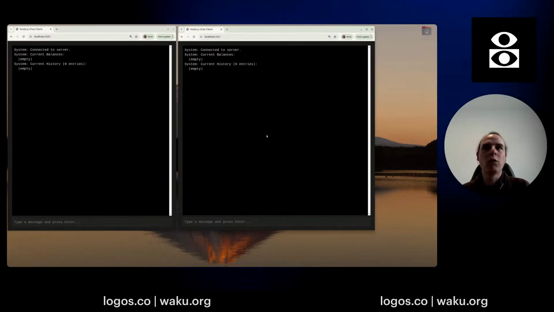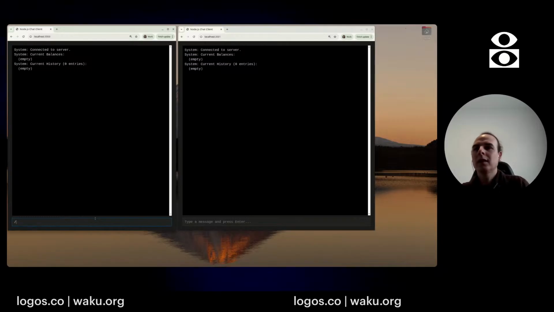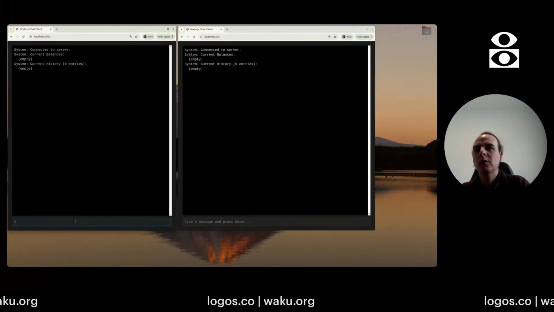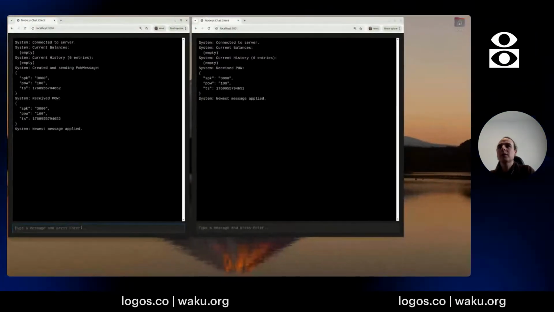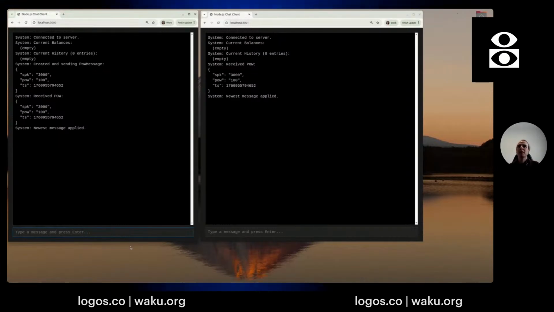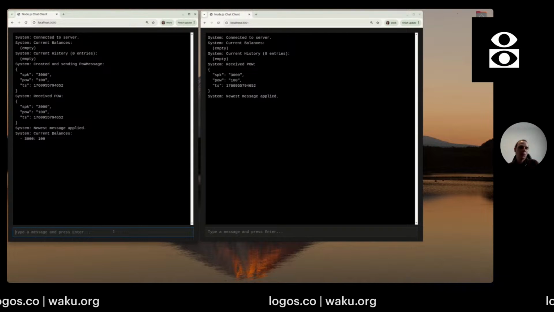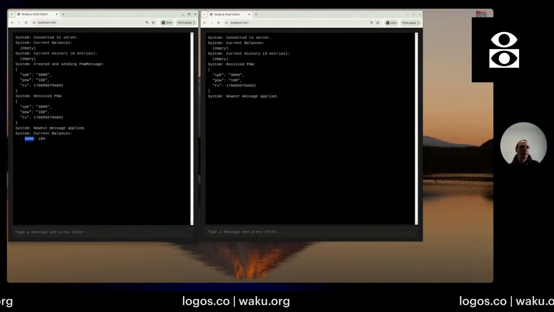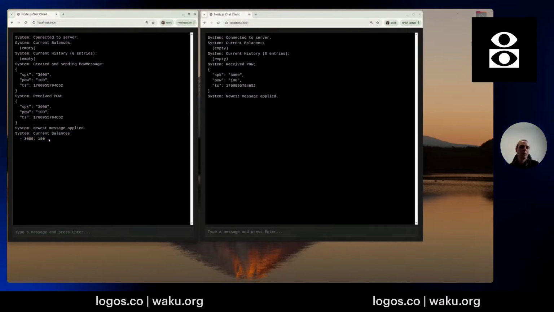So this is a full-blown mock. Everything is mocked. It's just to demonstrate these two chat clients participating in the system. That would be the user experience. You would say, I don't know, I want to mine 100 tokens. This would be broadcast in the system, and then you would have a balance immediately. So it would pause a bit because it would mine. And this is a substitute for a public key. It's just a port here. And I have 100 tokens. This is just the result of playing this message.